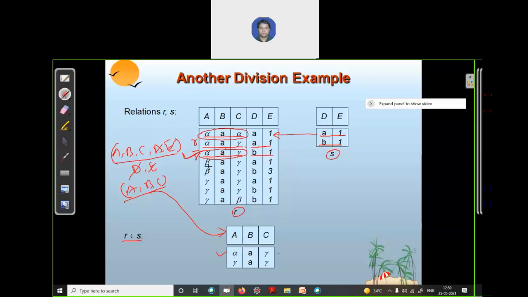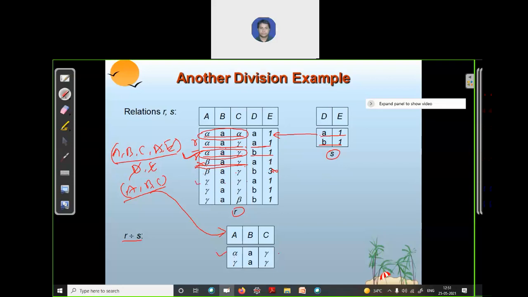Now beta A gamma for A1. Now find beta A gamma for B1. Beta A gamma, yes, but it is B3, so we will not take this. No other record is beta A gamma for B1. We are not considering it because we are looking for A1 only.